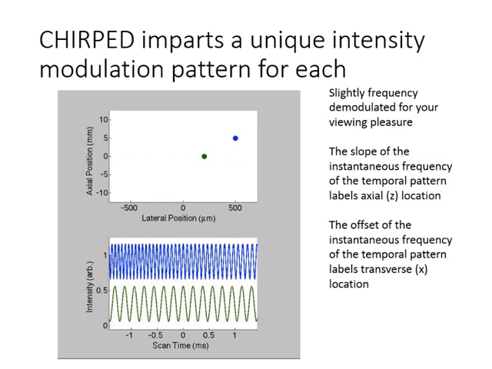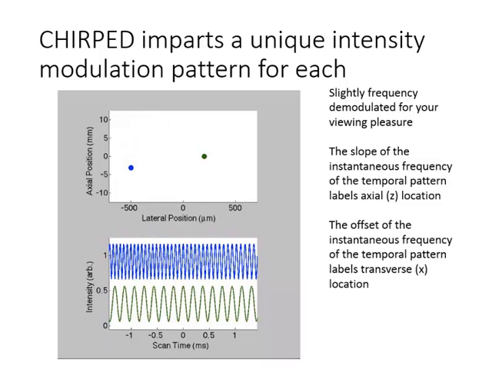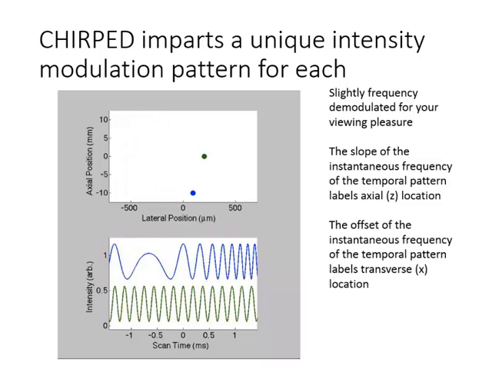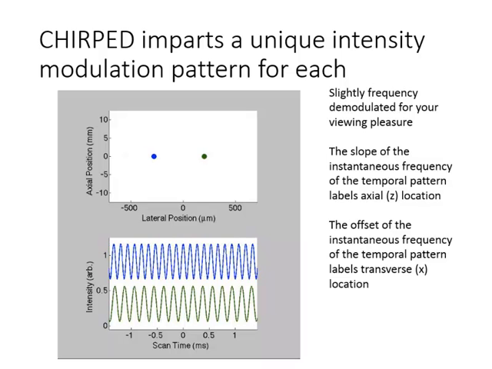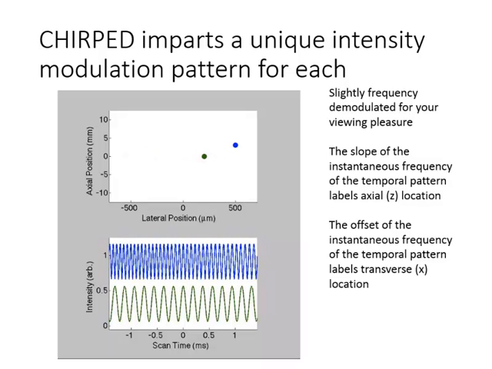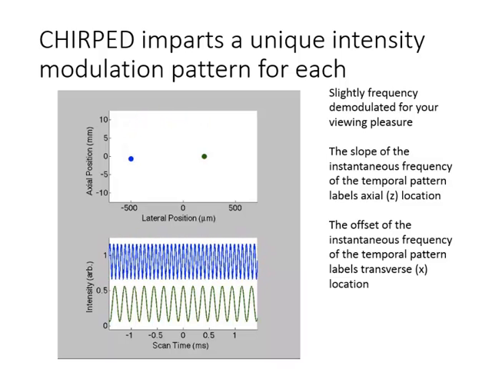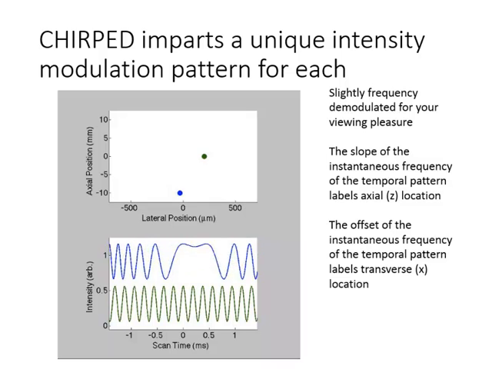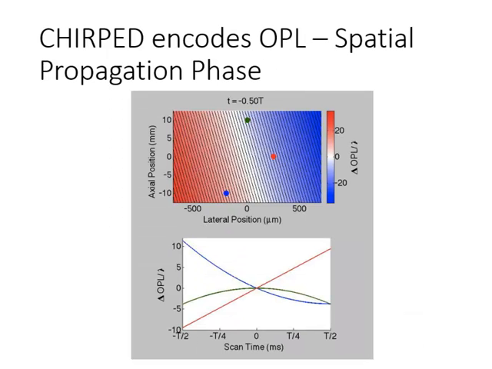So moving along the focal plane, we saw it just changes the base frequency. And then as it moves in Z, you can see that the chirp rate sweeps across. So the slope of the instantaneous frequency gives us Z-dependent information, and the average frequency gives us X-dependent information. And this turns out to be directly analogous to holography, where we've encoded the differential optical path length as a